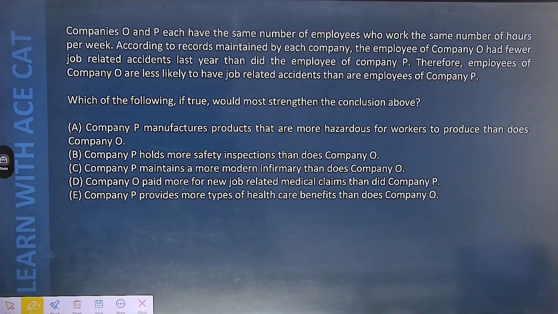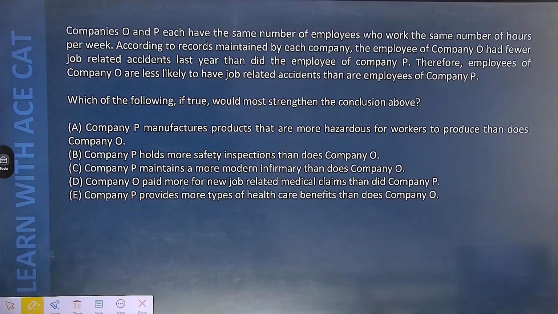Now students, a paragraph is given to us and there are two questions based on it. पहला क्वेश्चन कहता है which of the following if true would most strengthen the conclusion above. और जो नेक्स्ट क्वेश्चन मैं बताऊंगा उसमें हमें पता करना है which option weakens the conclusion. ओके, तो एक पैराग्राफ एंड टू क्वेश्चंस आर बेस्ड ऑन दिस. बहुत अच्छा क्वेश्चन है, ट्राई टू अंडरस्टैंड प्रॉपरली एंड बिल्कुल ज़ैट लेवल अंडरस्टैंड.